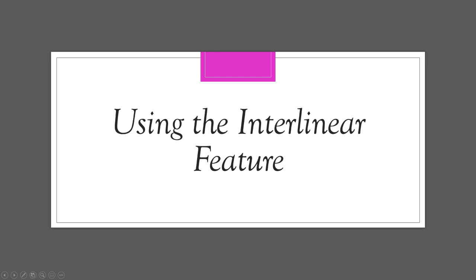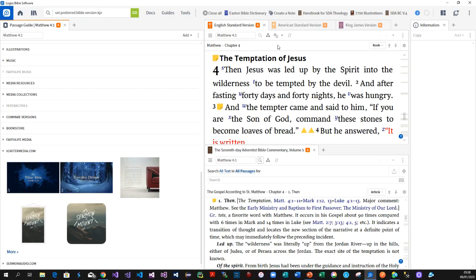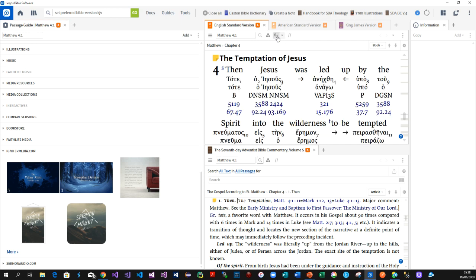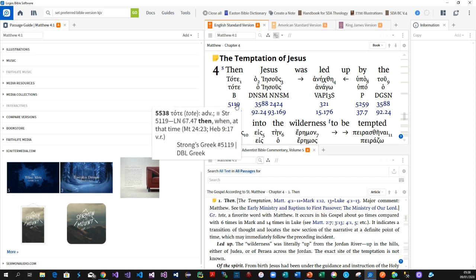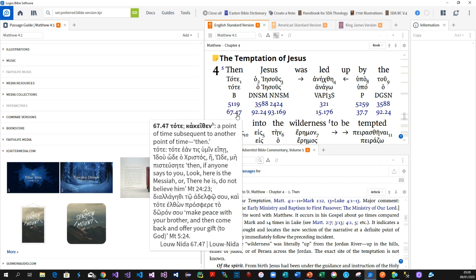Then you want to look at the interlinear feature. Those of you who are au fait with the biblical languages, you're studying Matthew 4, and you want to see the declensions and the word forms and so on. You look at the interlinear feature, you click on it here, and it will show you a breakdown of each word in the passage. So for example, here you have each word, the Greek coming under, and a definition for each word in the different